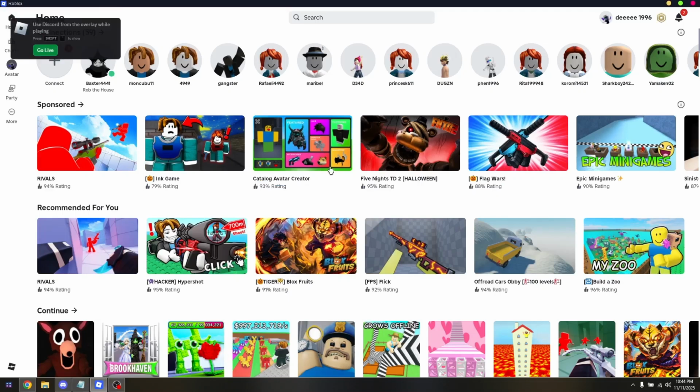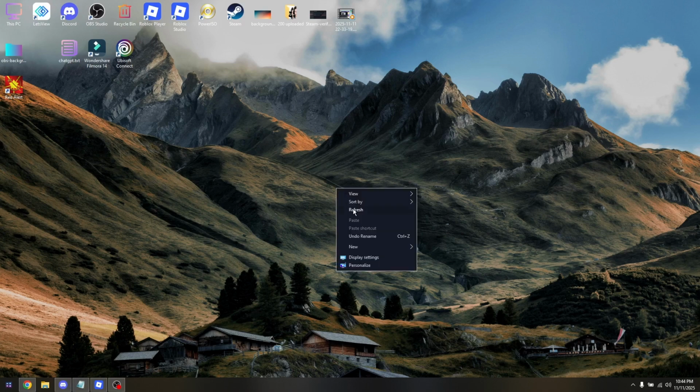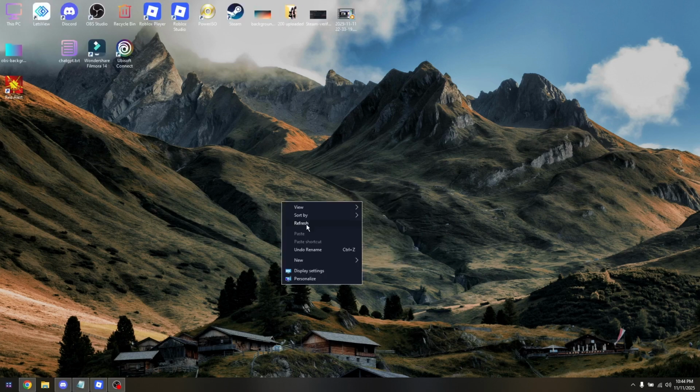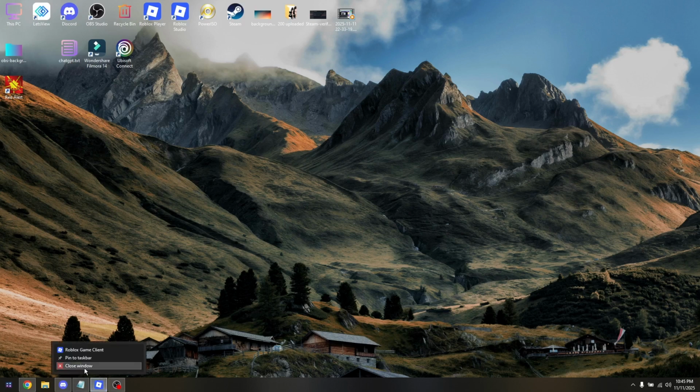How to fix failed to download or apply critical settings in Roblox. Now, I'm going to be providing you the very main or the most popular troubleshooting steps if you're encountering this kind of issue. So first things first is just simply close your Roblox client, and sometimes it won't be able